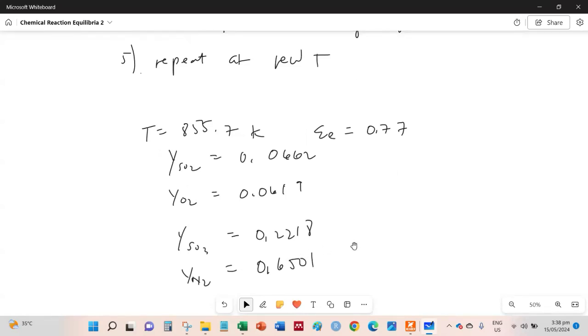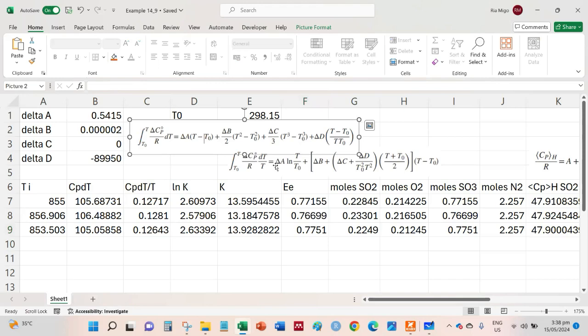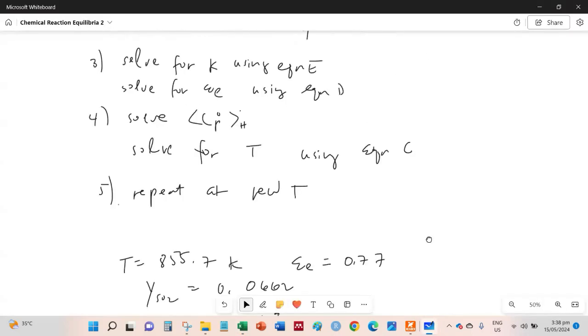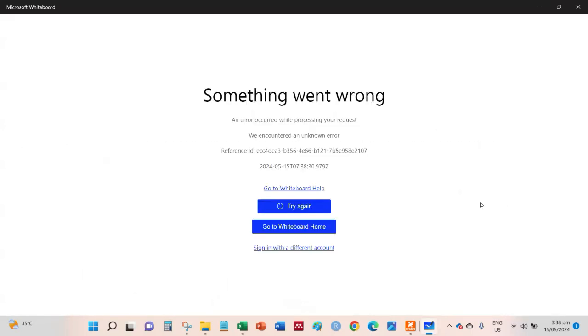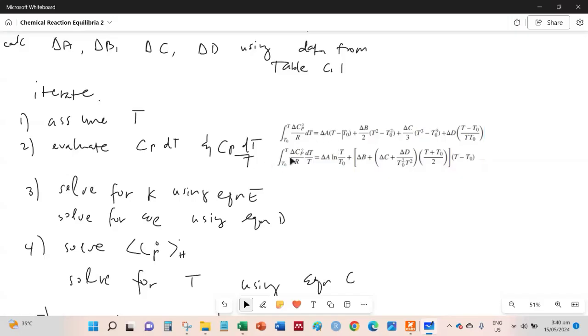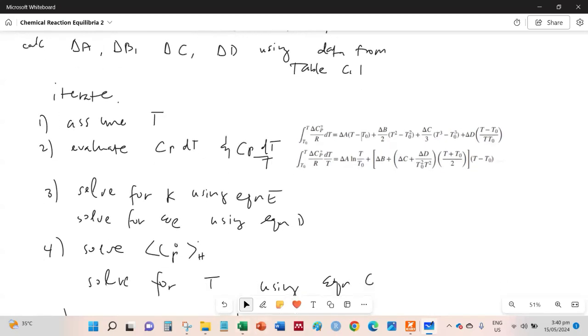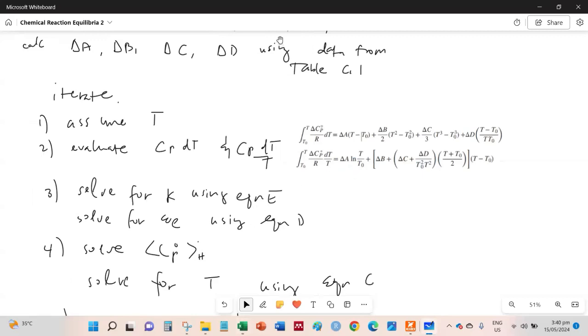What else? That's it for this problem. So don't worry about the iteration because we will not give something too difficult in the exam. By the way, I will put the equations here. Okay, so I put the equation right here. So that's it for this problem. We'll continue in the next video.